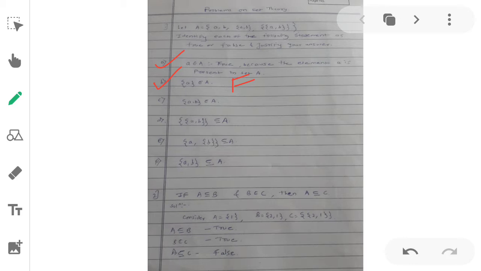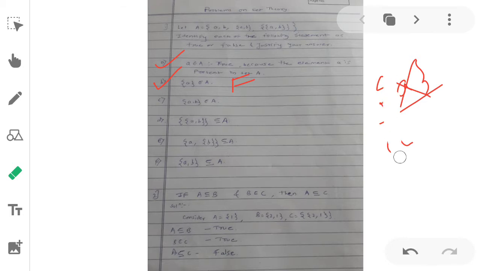Set A, the given set, contains only the element a, not the set A as an element.